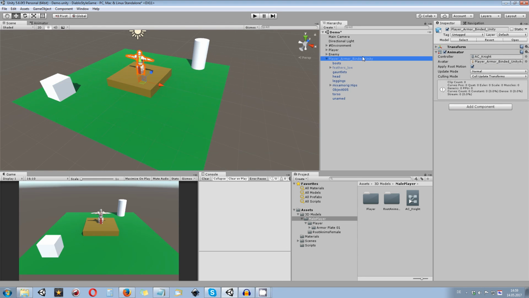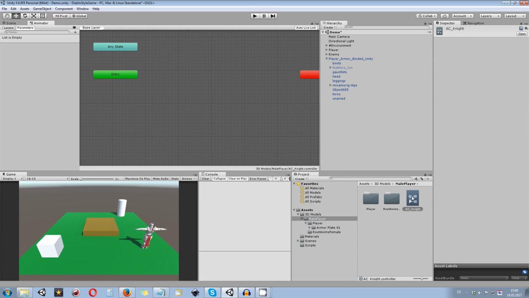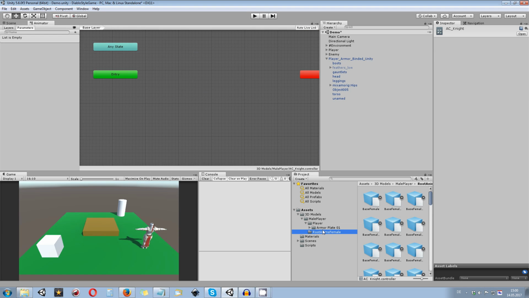So with that AC night controller set up, we can actually open the animator controller window. This happens automatically when we double click the AC night controller, and as you can see there's currently nothing in it. What we can do is find some idle states and idle animations, which we currently have in the roots anim female folder in here. This is basically a folder where all the female animations are inside, but we're still going to use them for now. So inside of that I'm going to find